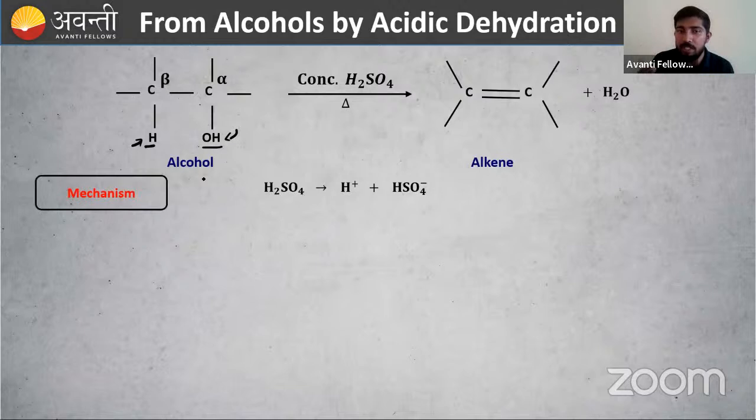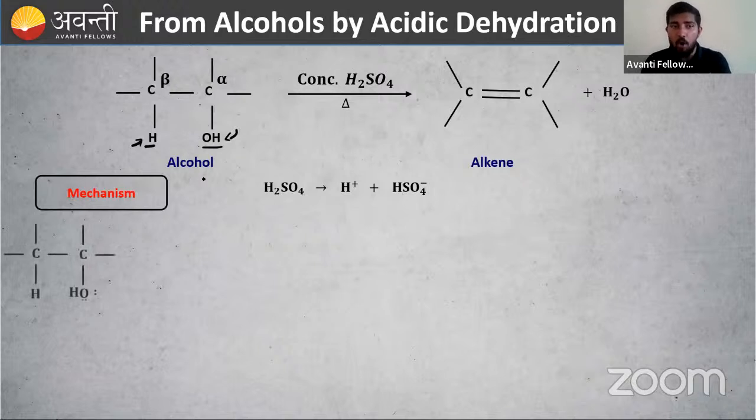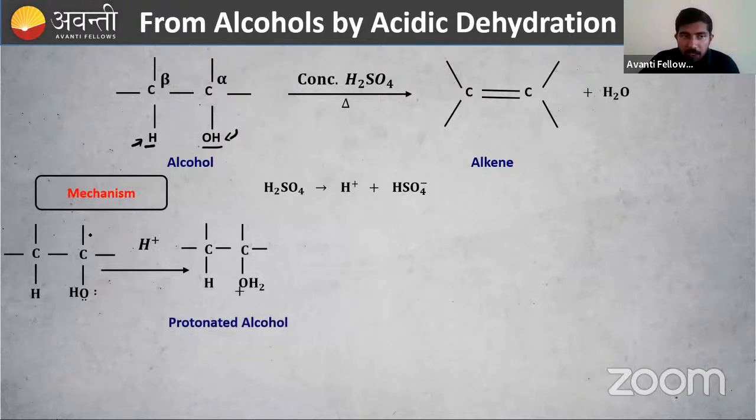Acid, they will liberate H plus. So H plus and HSO4 minus is formed here. Then what is the next step? So we have to take the alcohol. So I'm taking alcohol. Then we have OH group, oxygen. It has lone pair electrons, right? Then we have an H plus present. Then what is happening here? This H plus, using the lone pair, this oxygen is asking this H plus to come close to that one. Then H plus is coming.